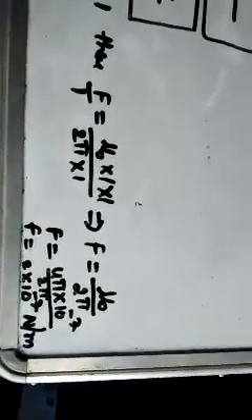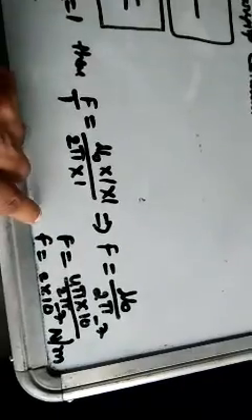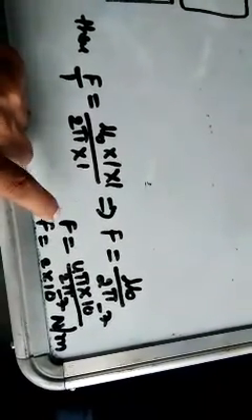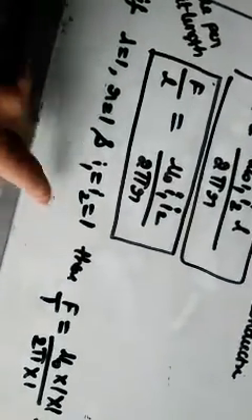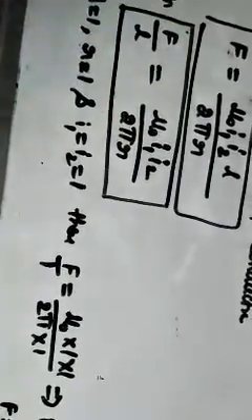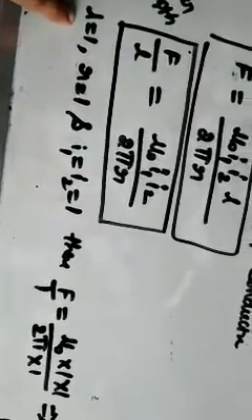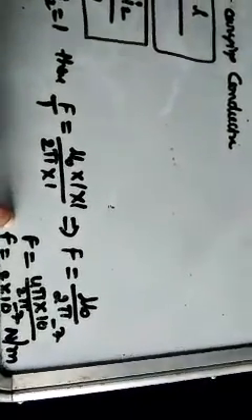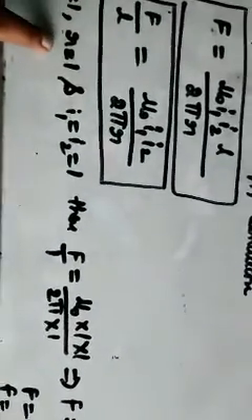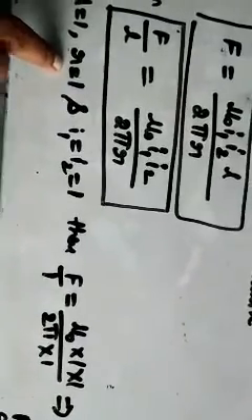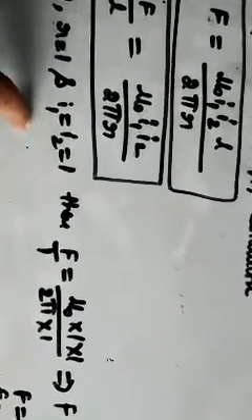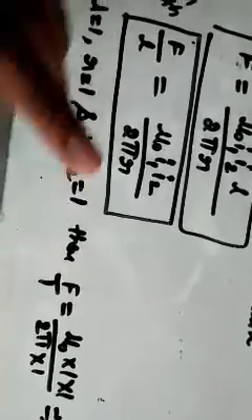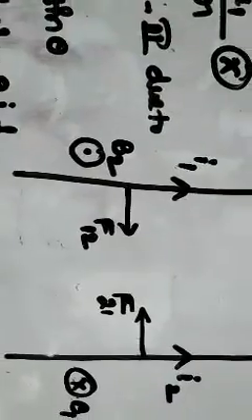Now you will understand one important point. If force per unit length is 2 into 10 power minus 7 Newton per meter, then the current flowing through the wires is said to be 1 ampere. Two identical wires having length 1 unit, separated by a distance of 1 unit, with force per unit length 2 into 10 power minus 7 Newton per meter, then the current flowing through them is said to be 1 ampere. So this is the definition of 1 ampere. Check it carefully.